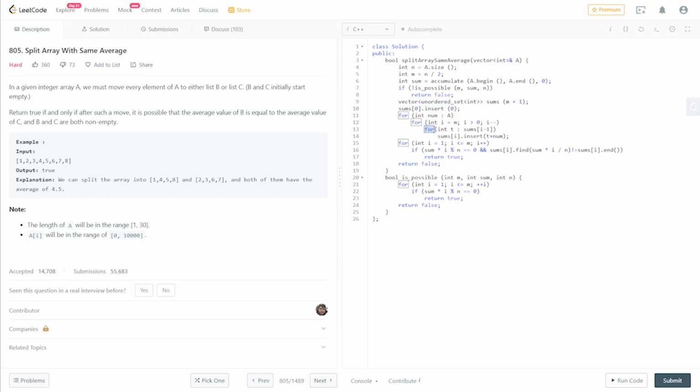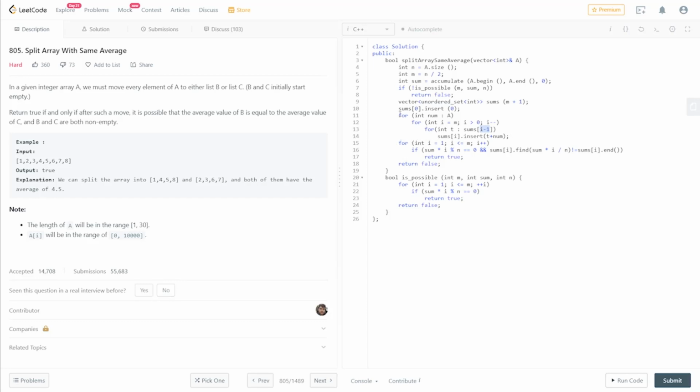Again we have another nested for loop iterating over the unordered set at sums at index I minus 1, because the value at a particular index will naturally depend on the value at the previous index of the given vector's unordered set. So we are using an enhanced for loop here, and we'll be inserting the value t plus num at sums at index I. Now this t is coming from index I minus 1, so it's a bottom up approach as you can see here.